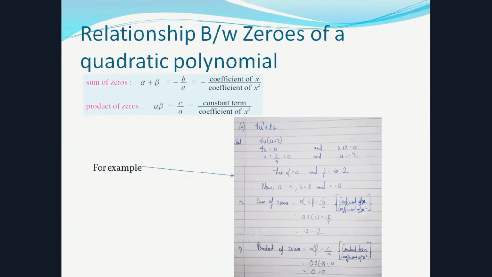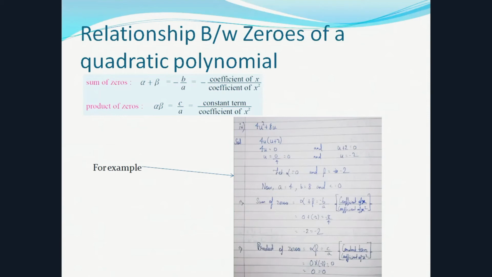Like I told you earlier, we will take alpha and beta as the values of the zeros which we have got out. So we are taking alpha as 0 here and beta as -2 here, and as the formula is above, we will do alpha plus beta as sum of zeros. So it is 0 plus in the bracket -2, which equals -2, and minus b by a. B was 8 here, so minus b would be -8 here, and a is 4 here, so -8 by 4 is -2. So LHS is equal to RHS.